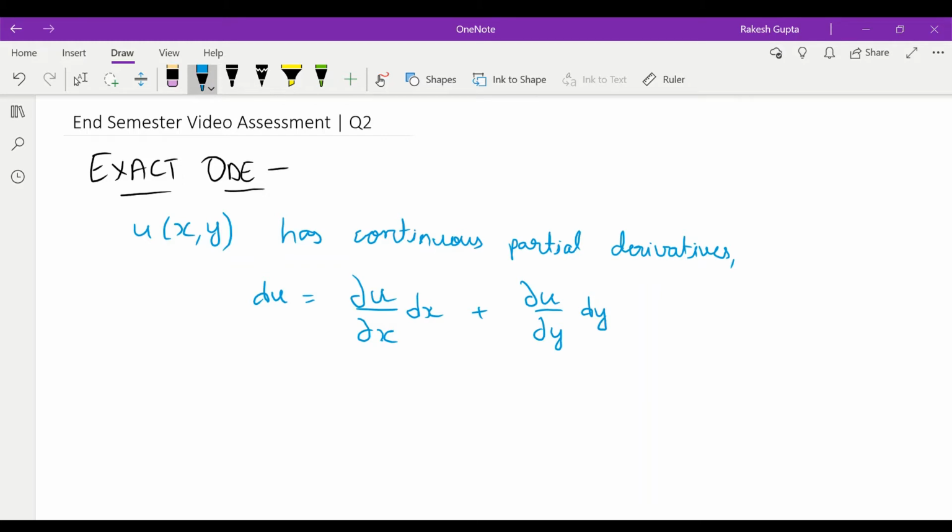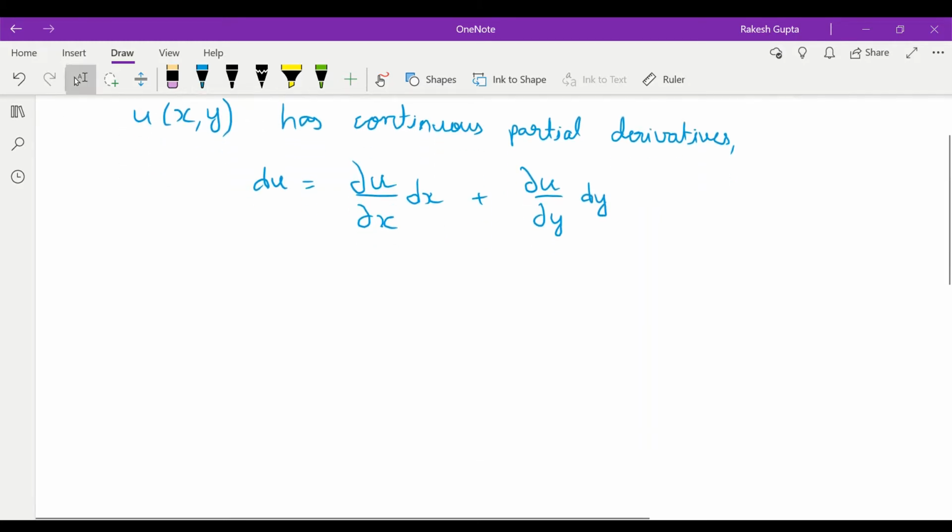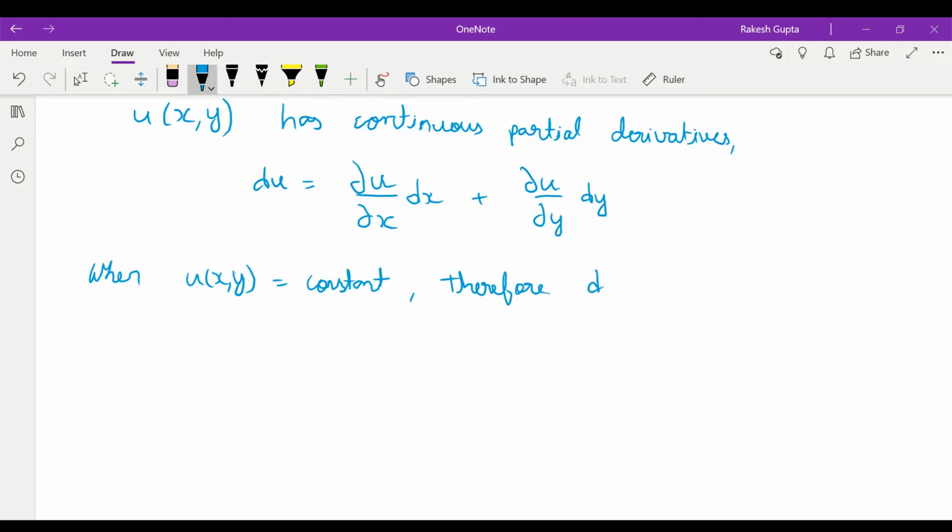Now for this to be an exact ODE, there are two conditions. First, I'm going to write down the first condition and then arrive at the second condition using the first one. So when u of x comma y is a constant, therefore the derivative of a constant will be 0, and this equation will then become,